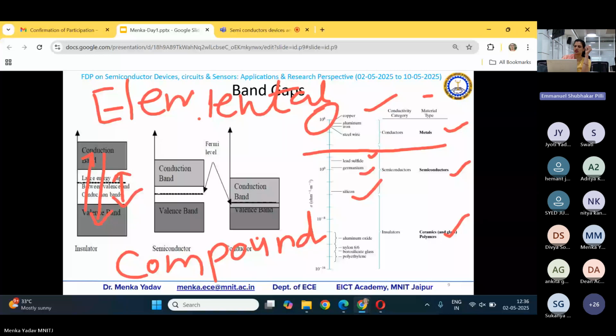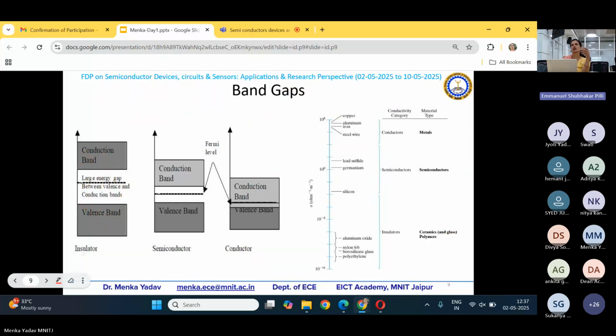H is Planck's constant, nu is the frequency. So h nu is the energy, and this energy is the photon coming from here to here. It releases the energy going from the conduction band to the valence band, and vice versa, whether it is consuming or releasing that energy. That decides the applications and the band gap. Depending on the application we need, we will prepare the material, achieving that particular band gap, right?